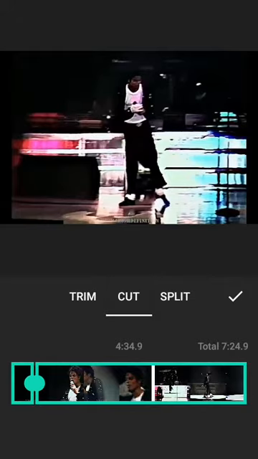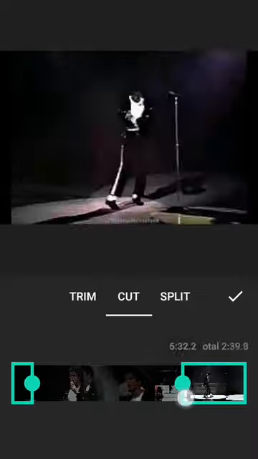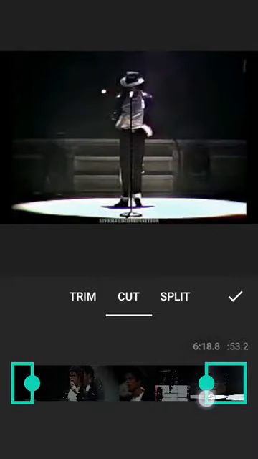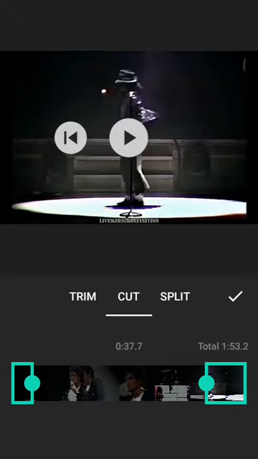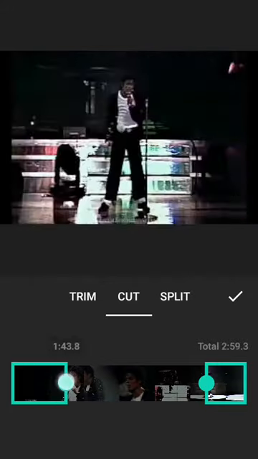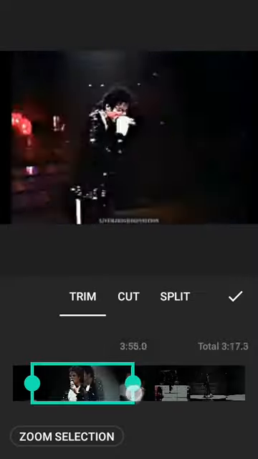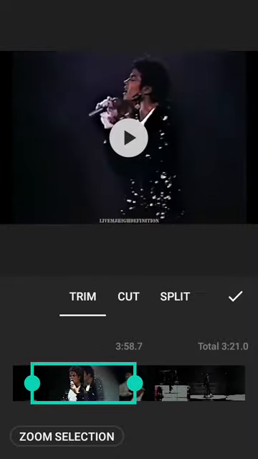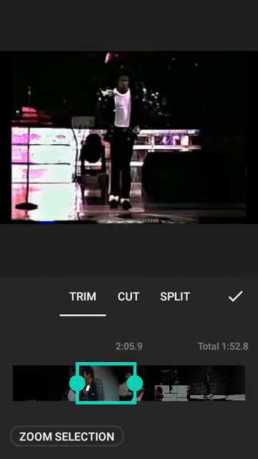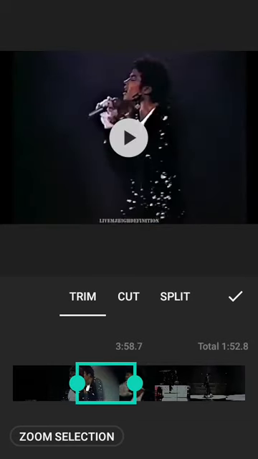If you come here and just press cutting, it will remove from left and right and leave you with the center. Trimming is like the opposite. Trimming will remove this. Let me look at it. See what trimming does. Trimming will take the central part, the selected area, and then do away with here,